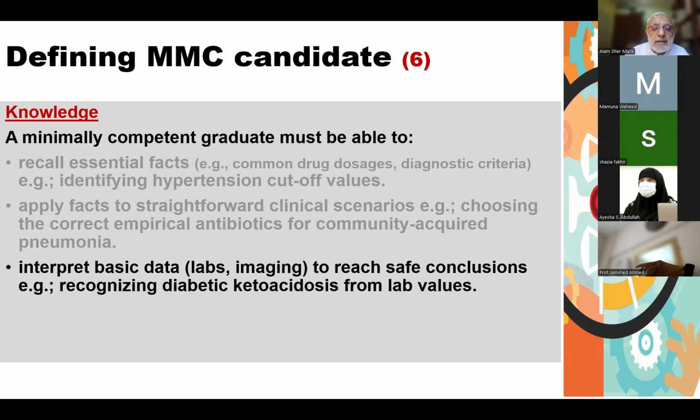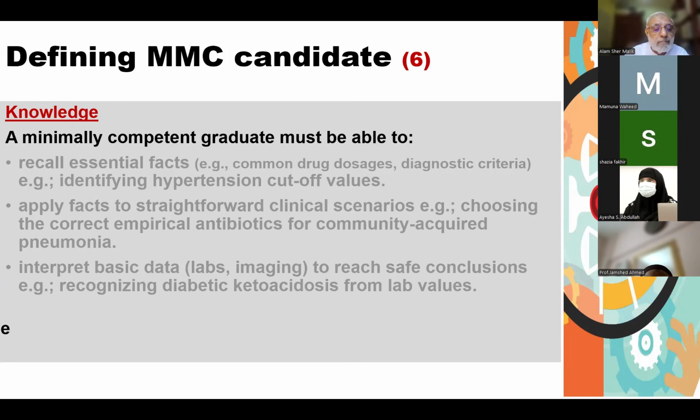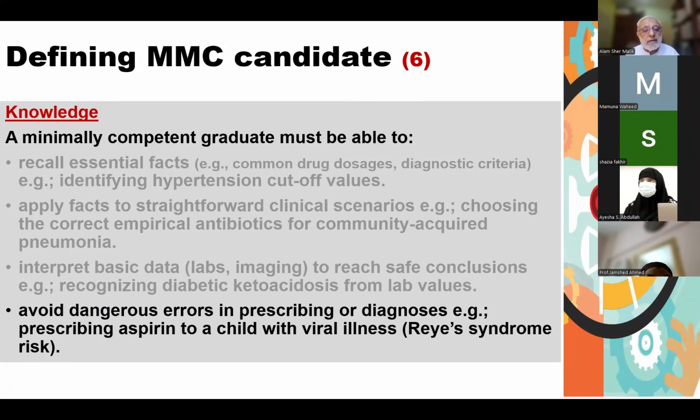Interpret basic data, labs or images to reach safe conclusions, for example, recognizing diabetic ketoacidosis from lab values, and avoid dangerous errors in prescribing or in diagnosis, right? So that was the overarching criteria, and this is the knowledge criteria for a minimally competent